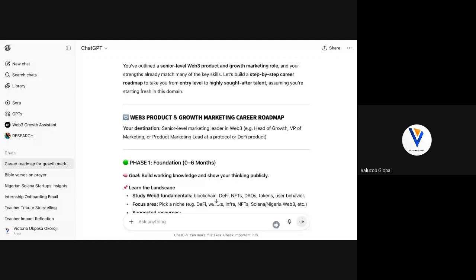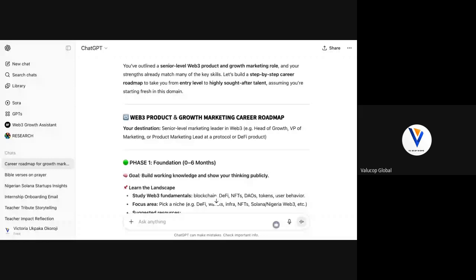Now, this roadmap will help you to look at your current skill. Do you have career skill gaps? Because whether I like it or not, you are in the process of becoming. You are growing. Even if you have certifications, I don't even believe in certifications. I take courses because of what I'm going to learn in the process. Certifications are just a proof that I've taken this course, but they're not really a proof of what you can do. Certification is just a proof of knowledge, not a proof of work. And in the Web3 space, proof of work is more important than proof of knowledge.